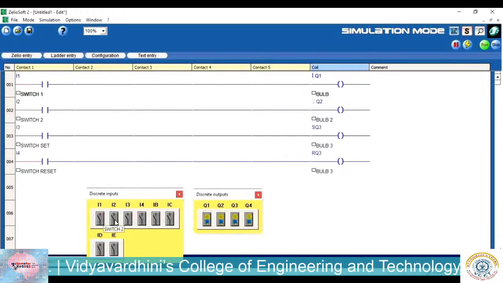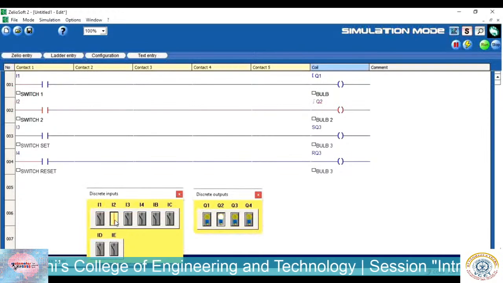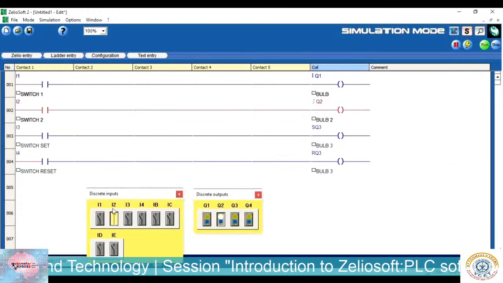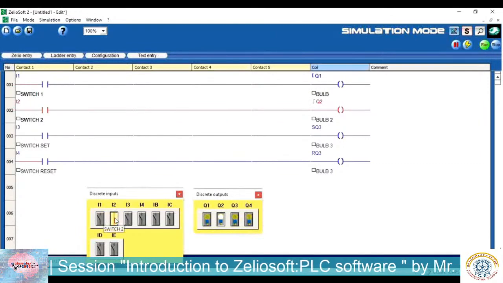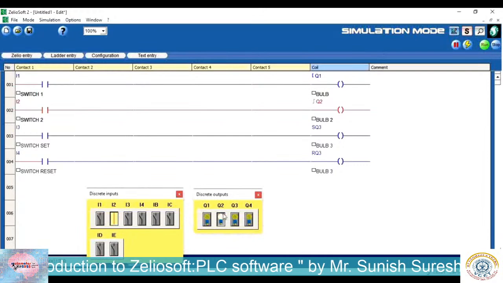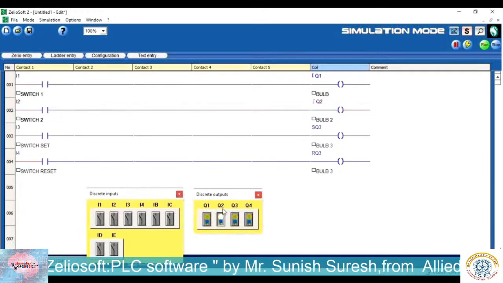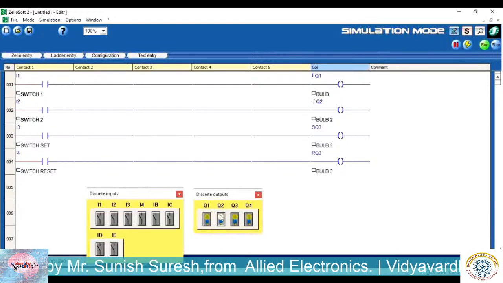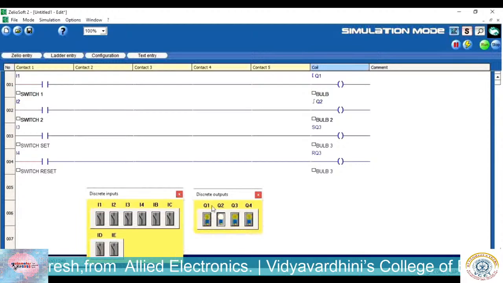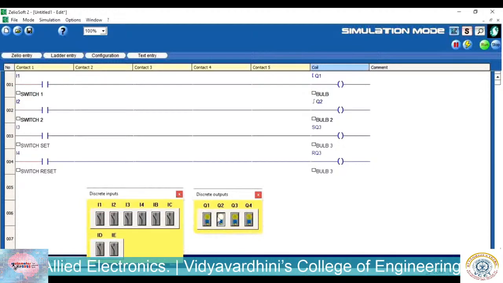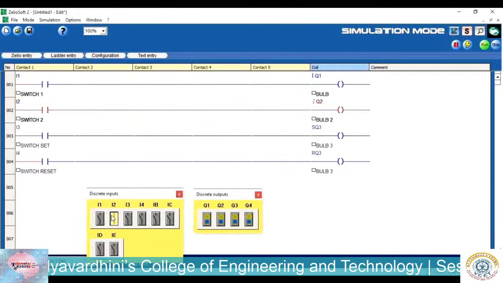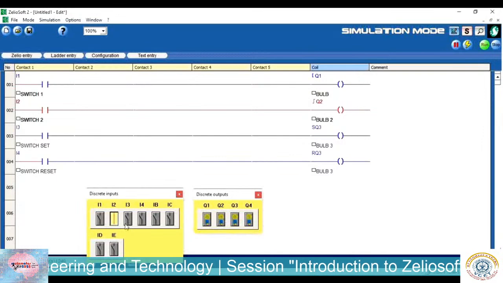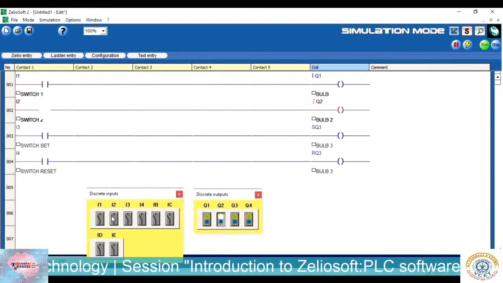The next one is the impulse type, which detects a rising edge. So if I switch on the I2 switch, it will energize the coil, and it will stay in that high state till a rising edge is detected again. So if I again press the I2 switch, the coil, that is Q2, goes back to its off state. I'll just show again,